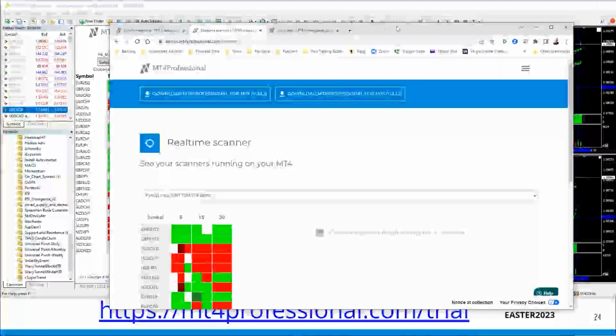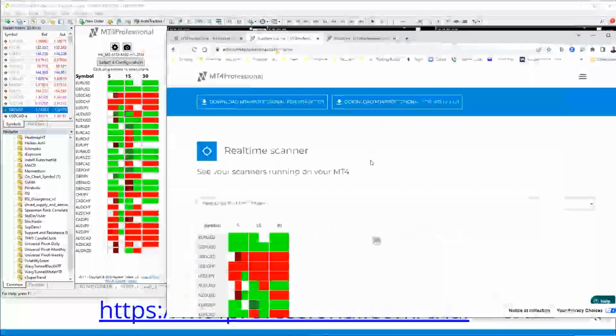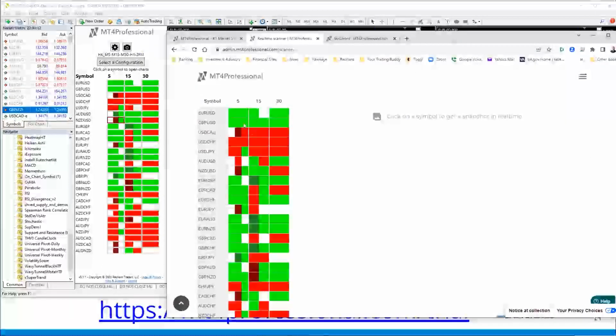what that looks like. So you can see that here on my browser, which is like a mobile device. I can have it on my phone, on my tablet, I could have it on my laptop. I have my MT4Professional platform scanner right here on my mobile device, ready to work with me. All I have to do is click on it one time.